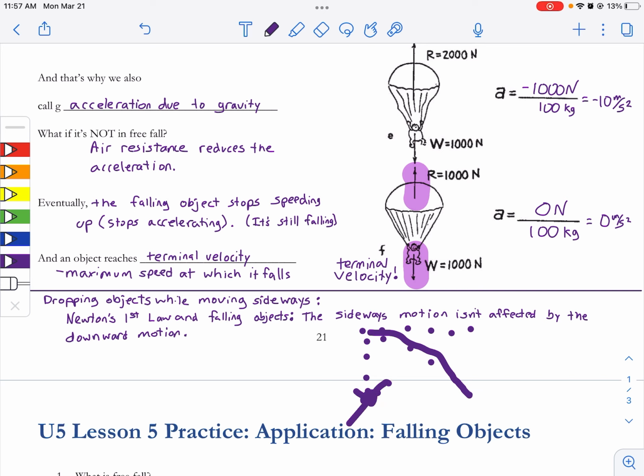There were some questions about this in lesson 1. We were talking about Newton's first law, dropping things in the bus. They still land right where they were up with you because they were already moving to the side anyway. Okay, so there's some